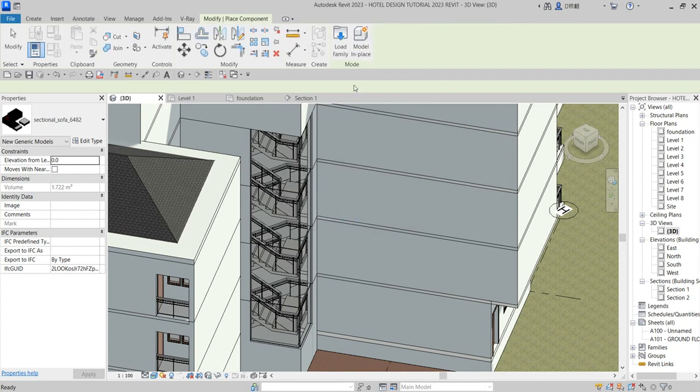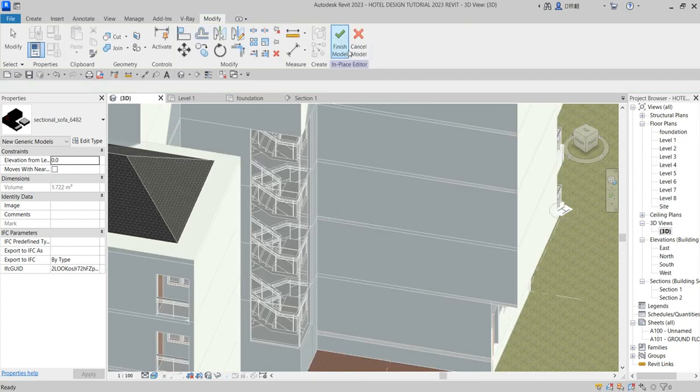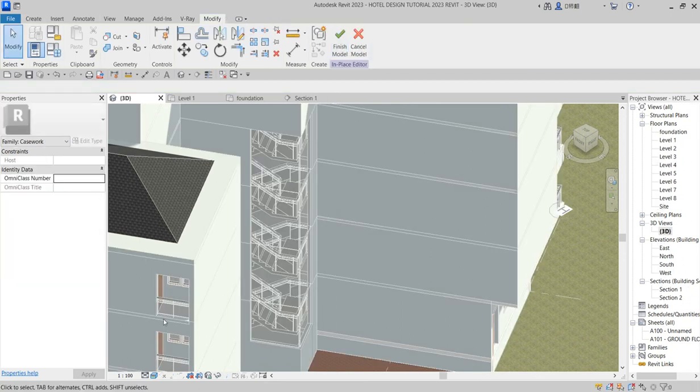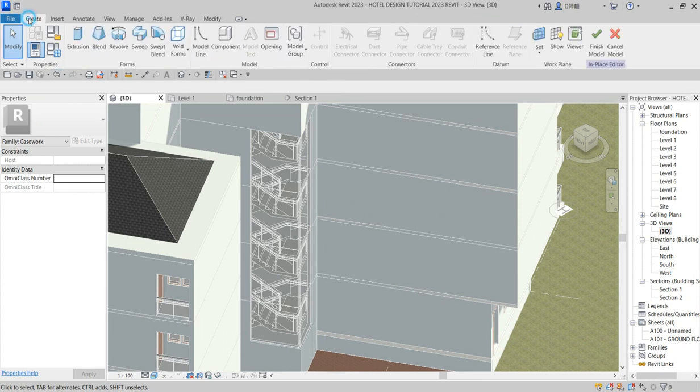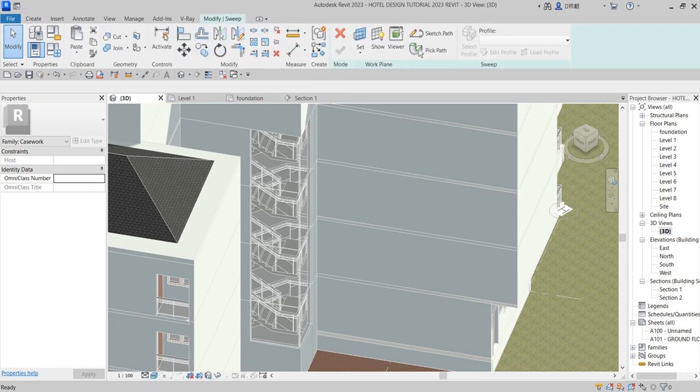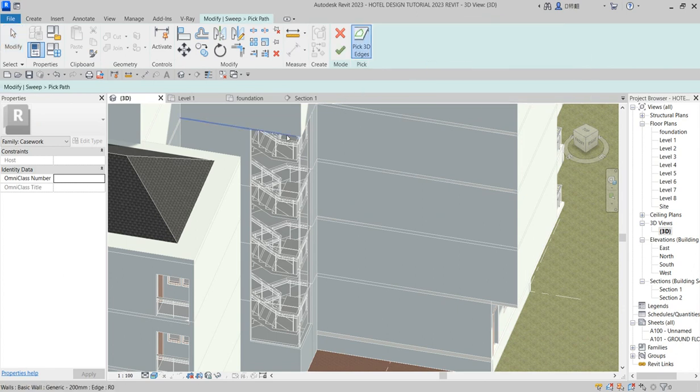So you click OK. So what you do is that you click on create and go to sweep. At the sweep now we allow you to just pick path. The path you click here will signify